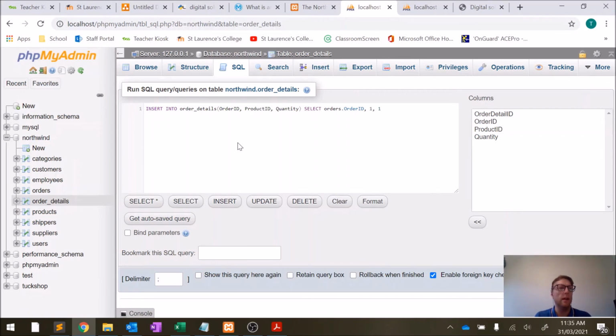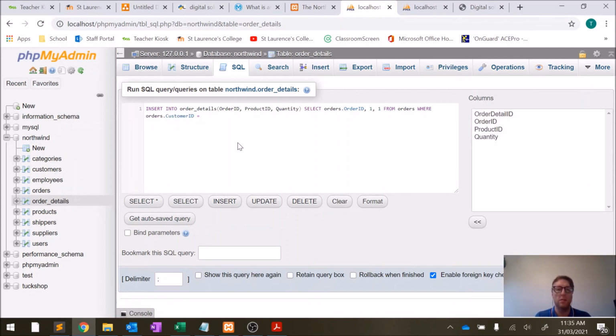Okay, so from orders, so we're linking to the orders table. It's kind of like an inner join, but not. You might be able to do it with an inner join. I don't know. From orders where,